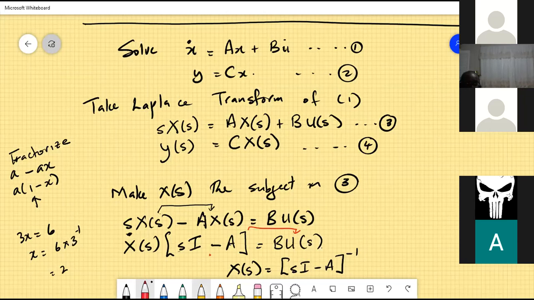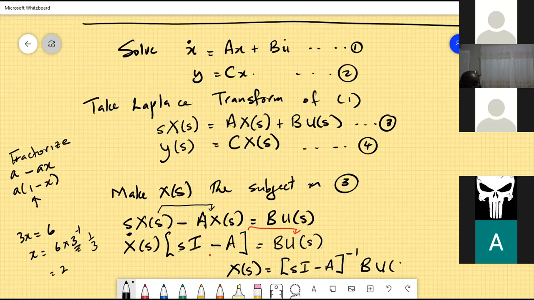So X(s) is equal to sI minus A inverse. As you can see, it's the same thing as divide by 3. 3 inverse is the same thing as 1 over 3. So 6 divided by 3 is the same thing as 6 multiplied by 3 inverse. So we carry over here, it becomes the inverse times B